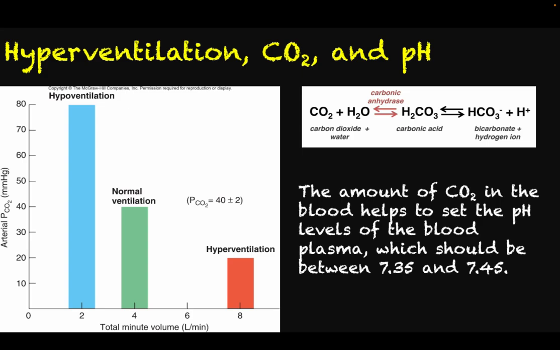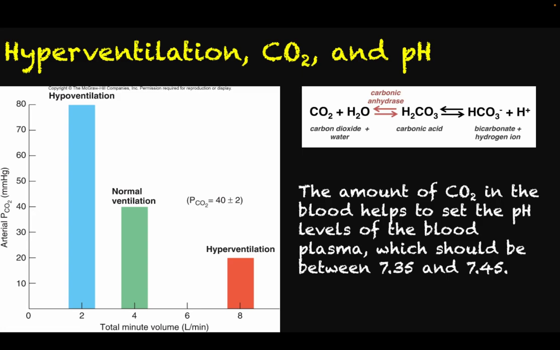So the amount of carbon dioxide in the blood actually helps to set the pH levels of the blood plasma, which again should be about 7.4 or so. The way this works is that carbon dioxide in your blood can combine with water in a chemical reaction that produces carbonic acid. And as an acid, that will decrease the pH of the blood. So this chemical reaction here should be very well balanced if there is a normal amount of carbon dioxide in the blood. With normal ventilation, we are shooting for about 40 millimeters mercury of carbon dioxide as the partial pressure